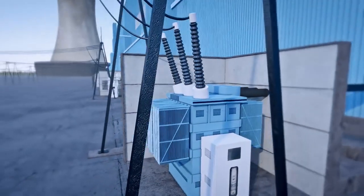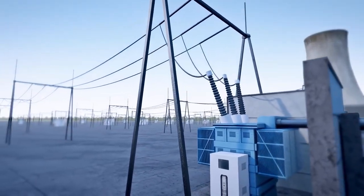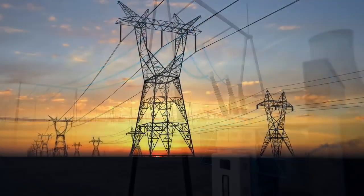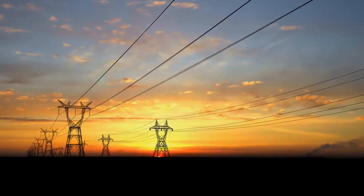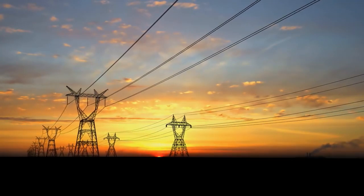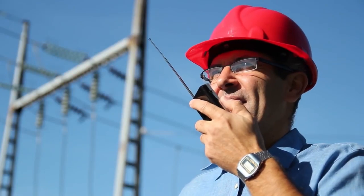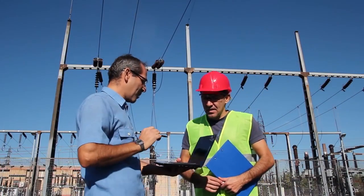When the power leaves the plant, we increase or step up the voltage for transmission purposes to as much as 500,000 volts to help minimize losses from the transmission of power. Our transmission group is responsible for the large transmission lines, towers, and substations that handle the large voltage transfer of power over long distances. Our distribution group interacts with our customers more directly and handles delivery of the power in